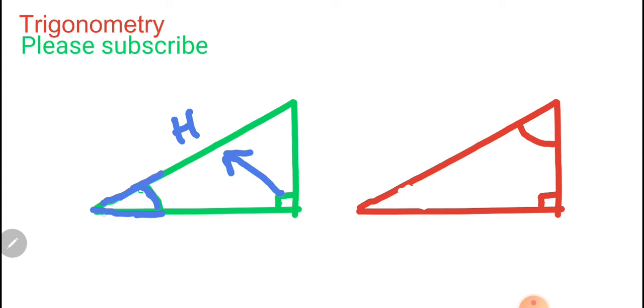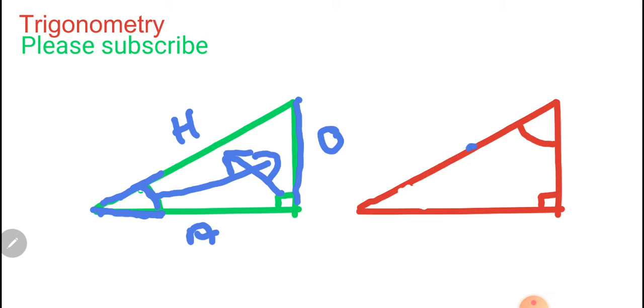And this line here, the other one touching, will always be called the adjacent. And as you can see, this line here is not touching at all, and this will be called the opposite. So it's opposite to this angle here. If you now look at the red triangle,